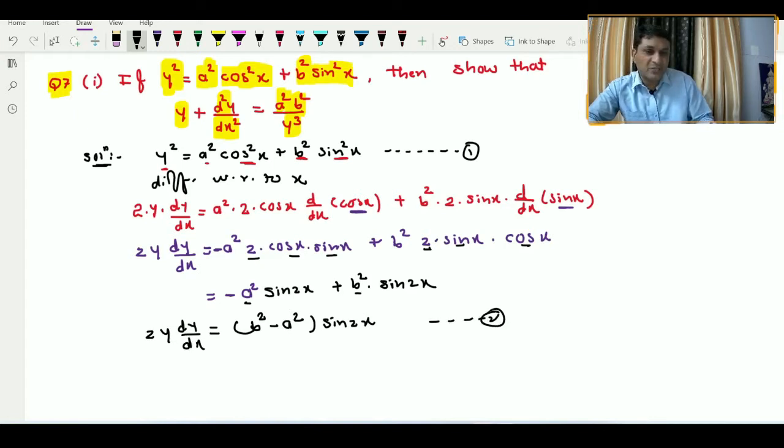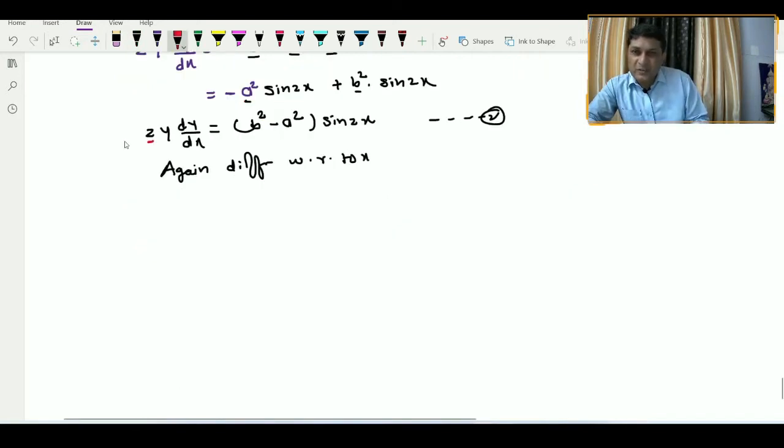Let us denote this equation by equation number second, but in our required result the second order derivative appears, so that's why again we are differentiating it with respect to x. Now observe here 2 is a constant term, keep it as it is. Now to find the derivative of this term we are applying the product rule. According to the product rule, keep the first term y as it is into the derivative of the second term. The derivative of dy by dx is d2y upon dx square, plus the second term as it is, dy upon dx, into the derivative of the first term, that is, derivative of y is dy by dx.